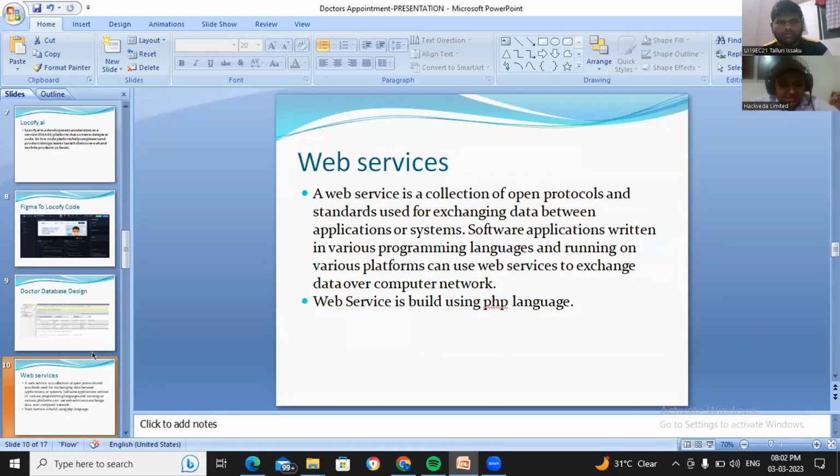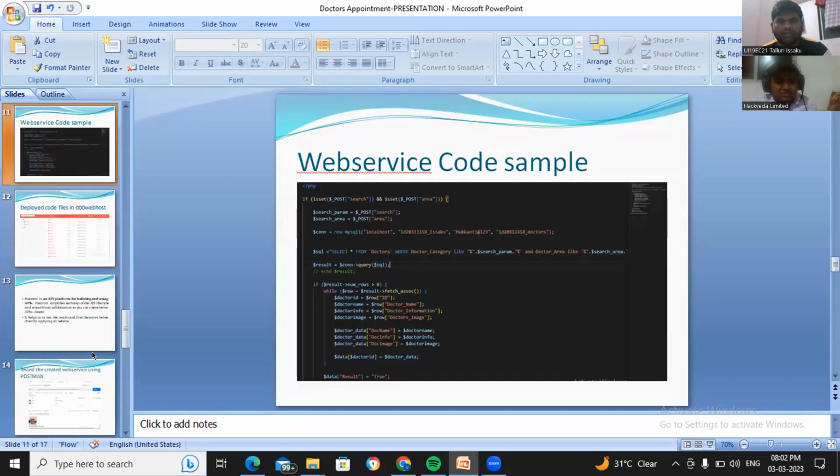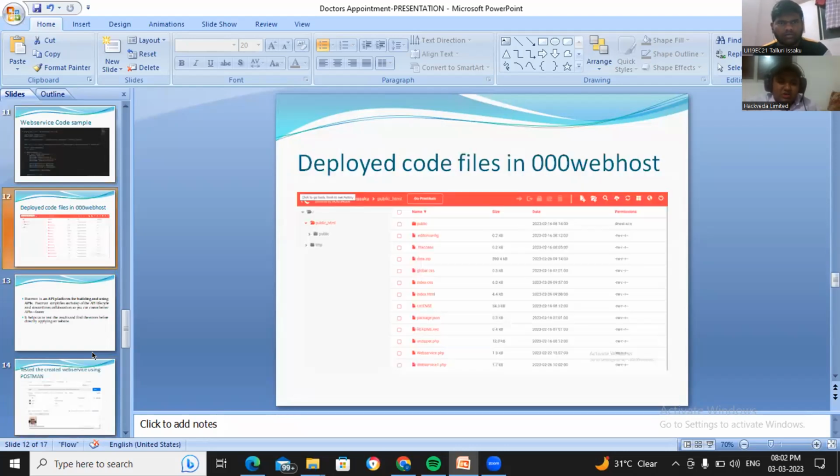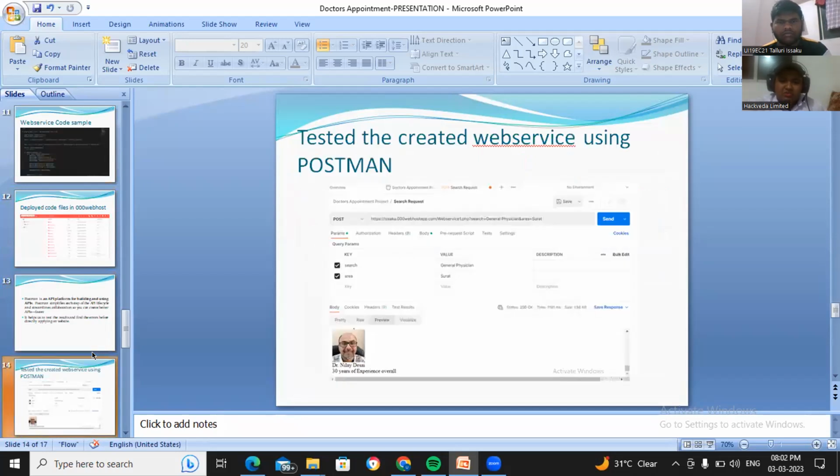Go to the next part. See, there was an explanation on Postman. What is Postman? That was really good. Like, what is your API? But when you are explaining about Postman, every time you are explaining an API, a web service or an API, you need to explain what format the output is. So you need to explain if you are getting the output in HTML format, XML format, or JSON format. You missed that, but that is clearly self-explanatory because most APIs are always in the JSON encoded format. JSON. Okay, yeah.